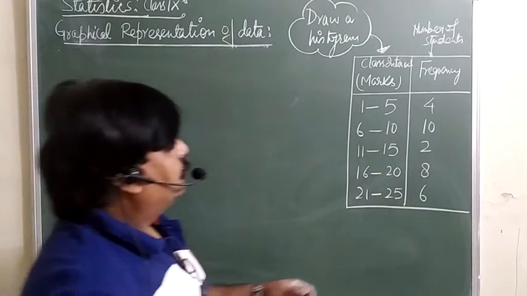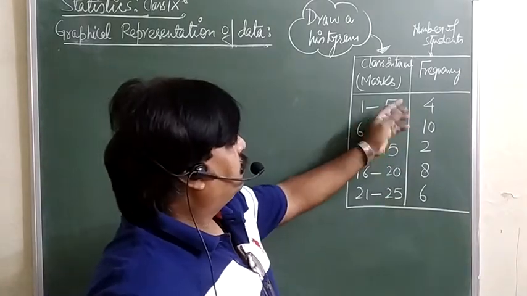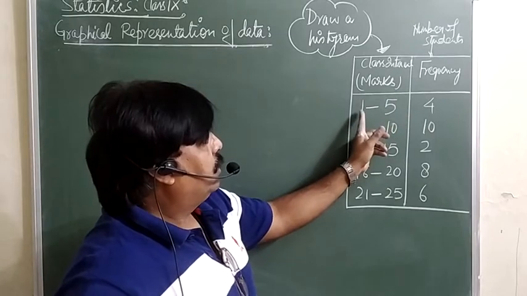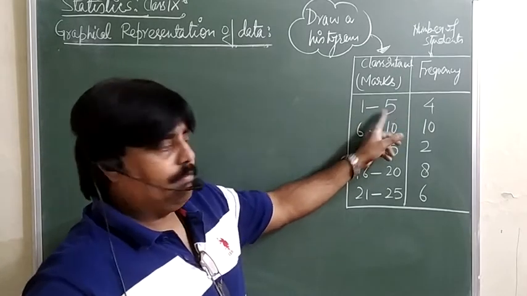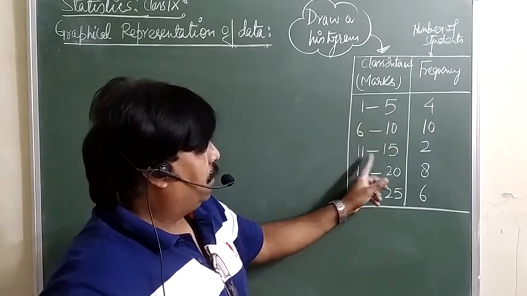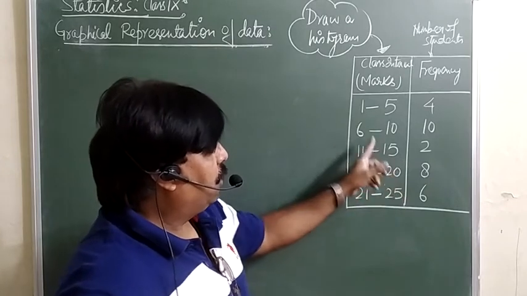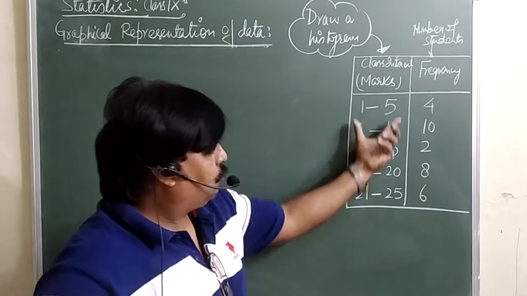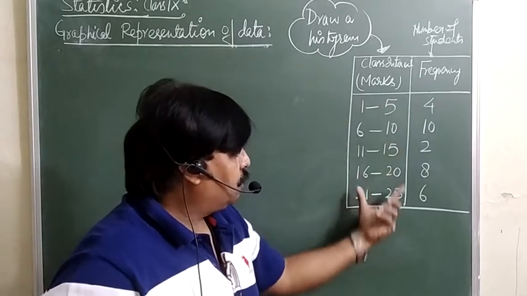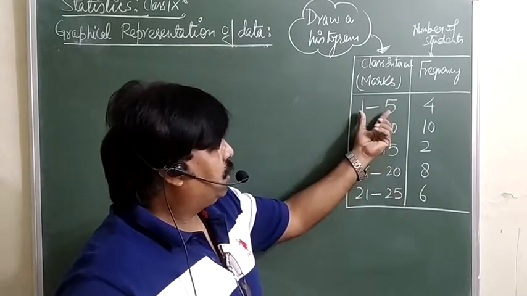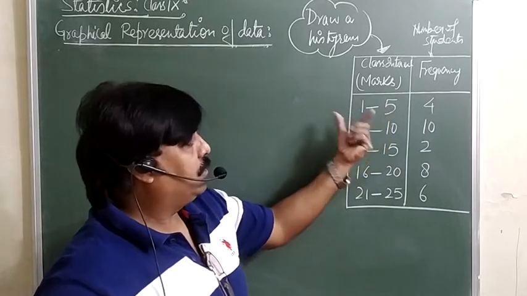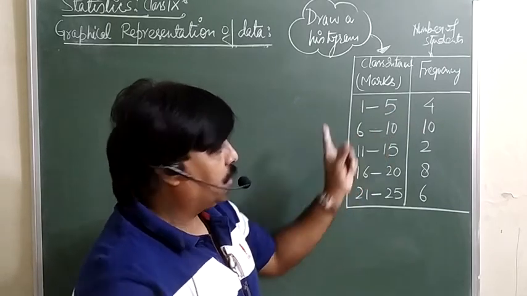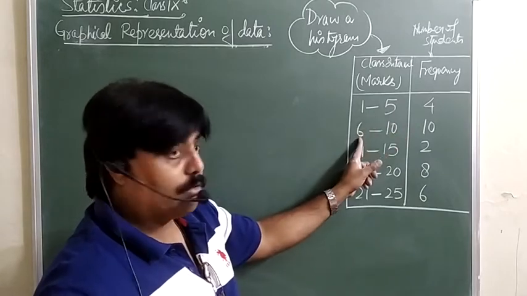Yes, now we are taking another problem, but here the class interval is given. These are the marks. The class interval is given as 1 to 5, 6 to 10, 11 to 15, 16 to 20. So here the upper limit is not going to coincide with the lower limit. If you directly make the histogram for this class interval, you will see there will be a gap between the bars. Like 1 to 5 you will represent by 4, then 6 to 10, so there is a gap of 1 between them.